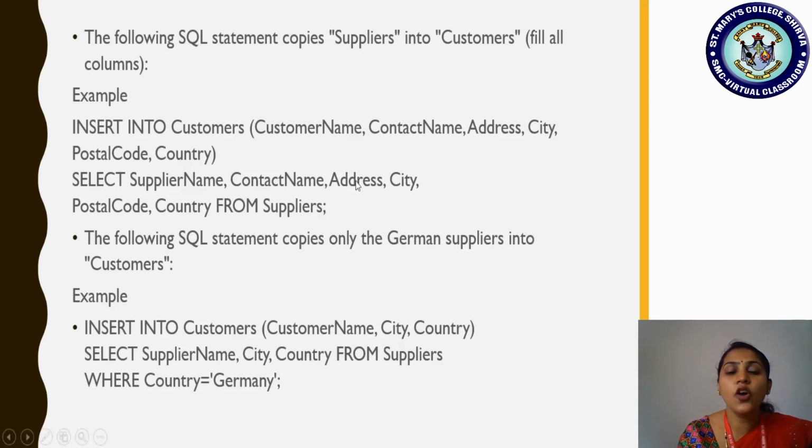So select these three columns from the source table. Which is the source table? Suppliers. And what is the condition you are adding? Only where country is equal to Germany. So whichever tuple in the country column has the value Germany, only that particular row's information will be copied to which table? Customer table. So the supplier and city information of Germany country will be stored in which target table? Customer table. Okay.